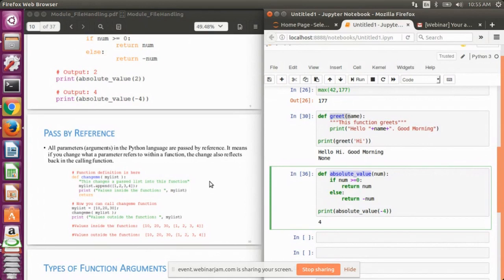But just remember that if the argument is mutable, then that change will be reflected outside the function. If the argument is immutable, that is, we cannot make any changes because it has an immutable data type, like string or tuple, then that change will not be reflected outside the function definition.